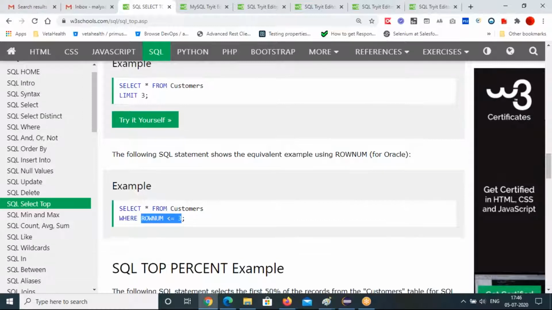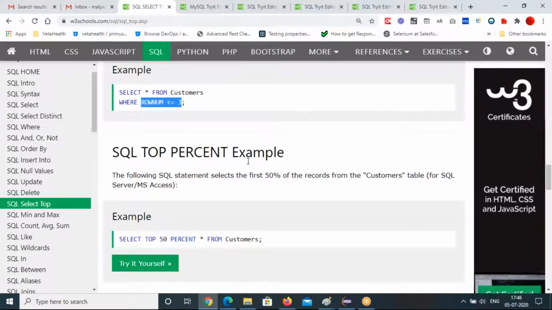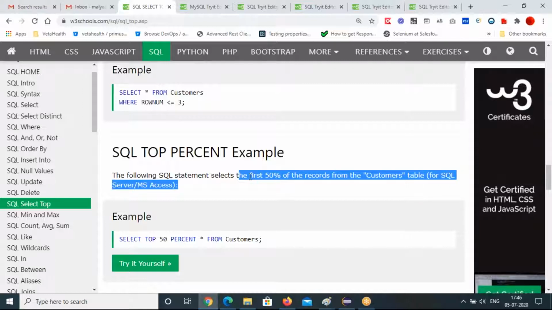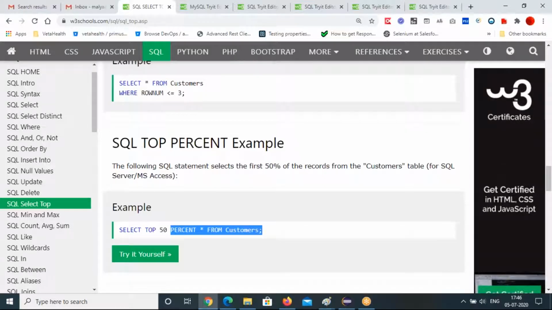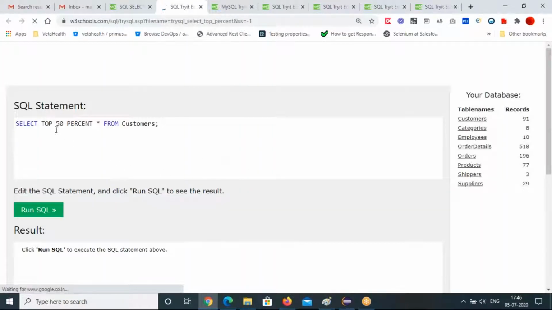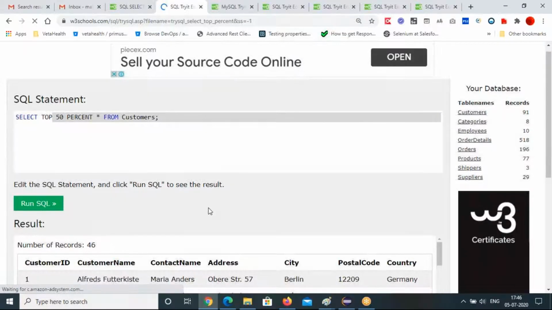Right? That's this thing. Now the TOP PERCENT example: the following SQL statement selects the first 50% of records from the Customers table. So SELECT TOP 50 PERCENT star FROM Customers. Top 50% means the first 50% of the records.